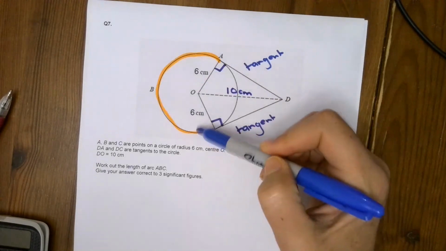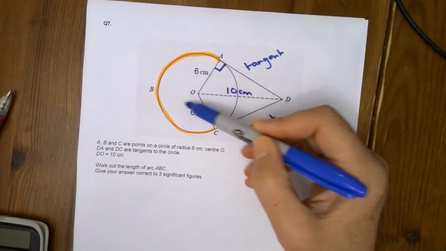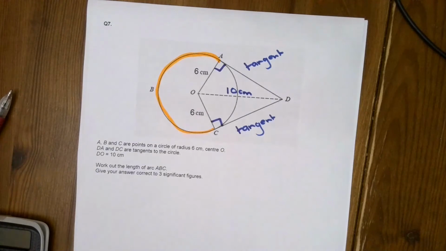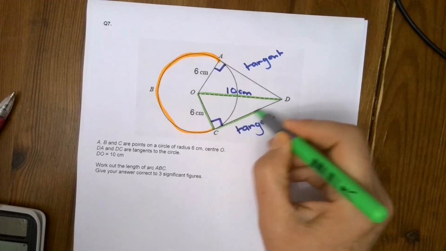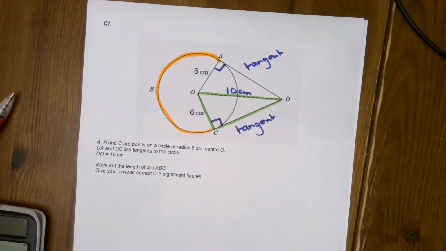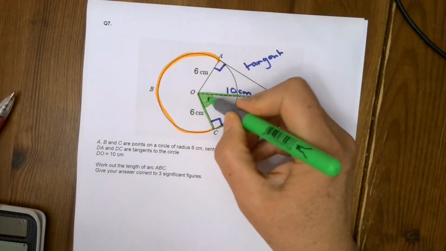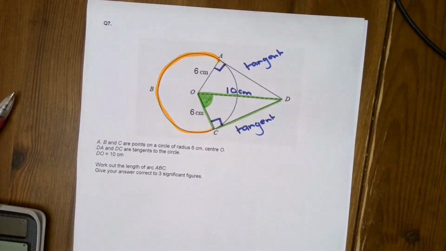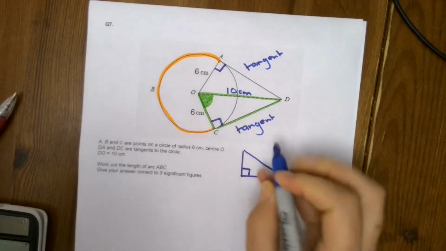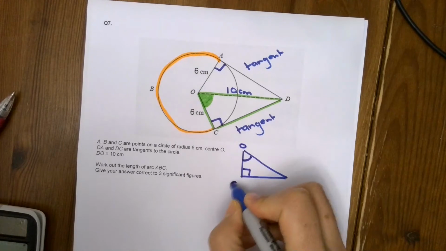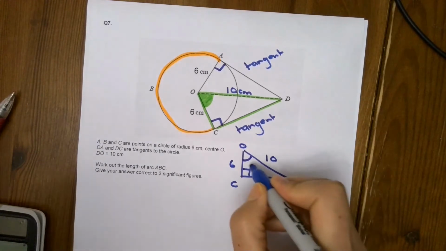Before I find this arc length, I need to find the angle of this sector. To find the angle of this sector, I'm going to look at the triangle and I'm going to use trigonometry on this triangle. So to find this angle here, I can see I've got a right angled triangle. I'm just going to draw that triangle out again. So I want to find the angle here. This is 6 and this is 10. So if I call this angle X,